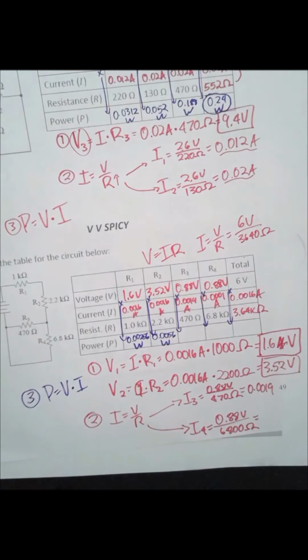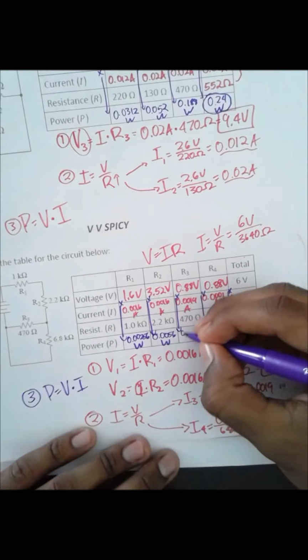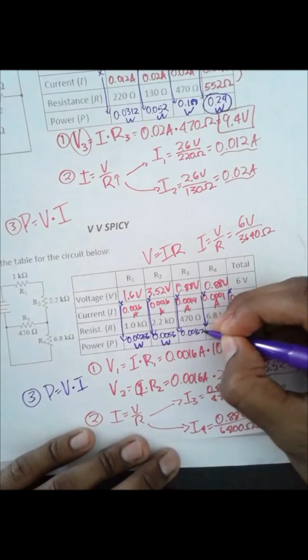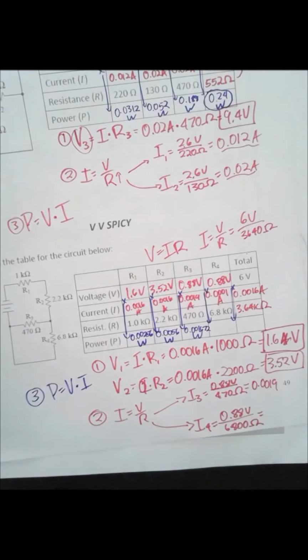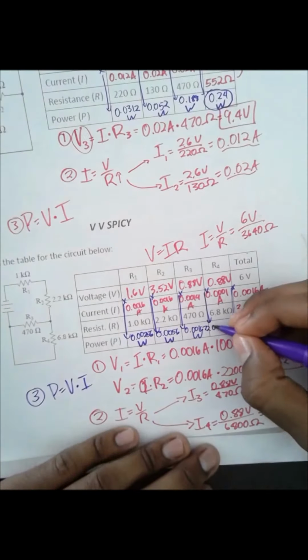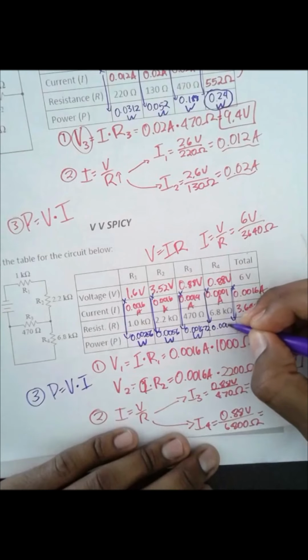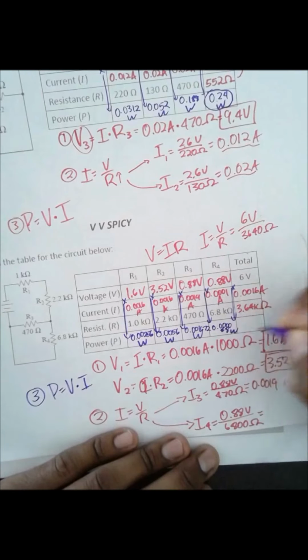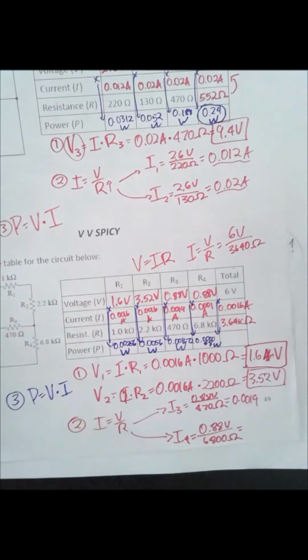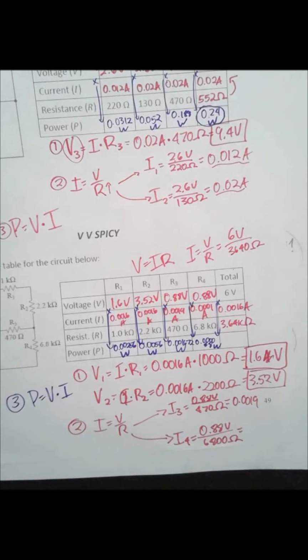0.88 times 0.0019 gives us 0.001672 watts. Oh, so much multiplication. This is probably the most tedious part of circuits. Or it is the most tedious part of circuits. Then 0.88 times 0.0001 gives 0.000088 watts. Super small. And then the total power, 6 times 0.0016 gives you